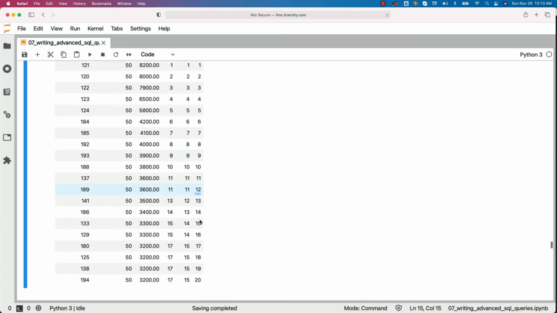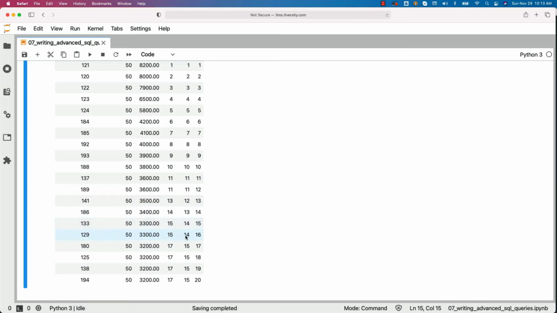Now if you scroll down further, again with respect to these 2 records, rank got 15 because it skipped the 12 here, whereas dense rank got 14. When it comes to row number, it got 15 and 16. Now when it comes to difference between rank and dense rank, with respect to rank, as there are 2 people getting same rank, it has skipped rank 12. There is 1 rank which is duplicate and hence 1 number is skipped. With respect to dense rank, it did not skip. After 11, it assigned rank 12 for employee ID 141.